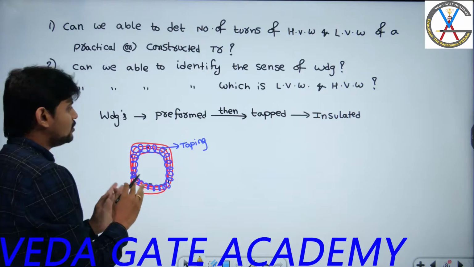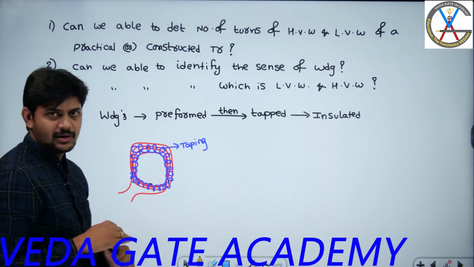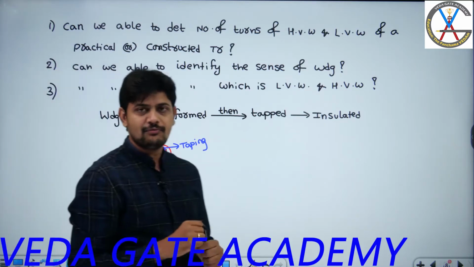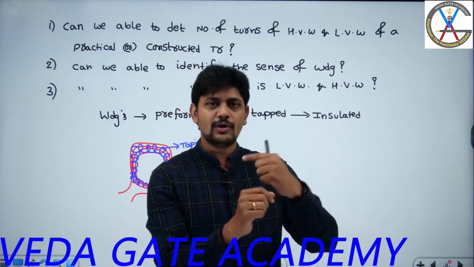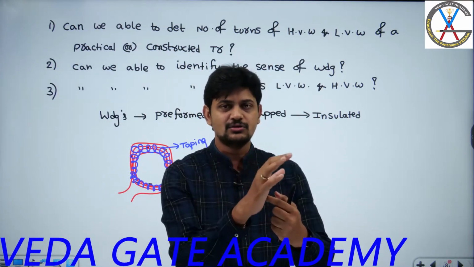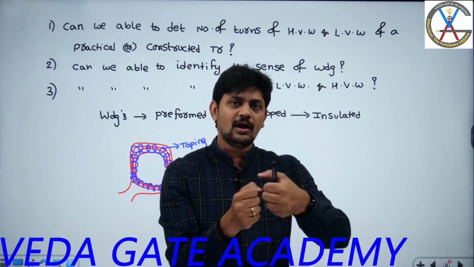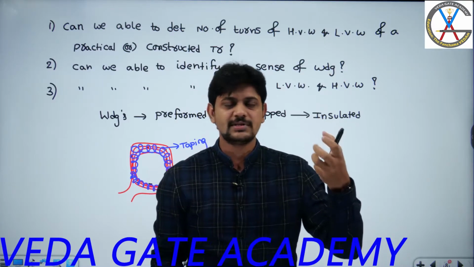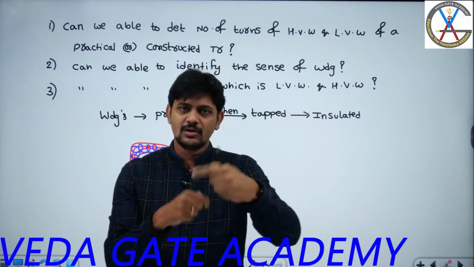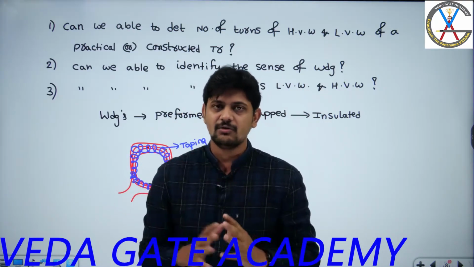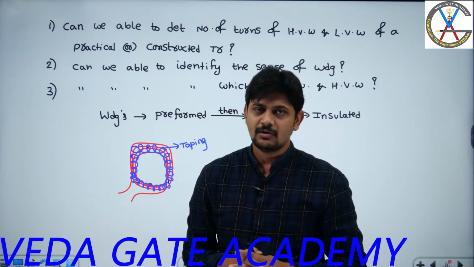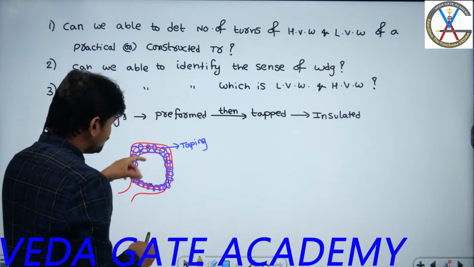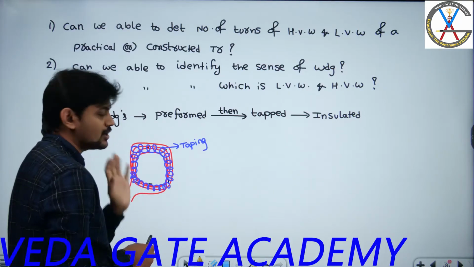So I am discussing a practical transformer, or the practical construction of a transformer. We take some reference structure on which the winding is going to be wound. That reference structure should be the same shape as the winding, and we will take that reference structure out and we will get a winding of some number of turns. After that, around that winding we will do the taping, as well as provide insulation. And around this space we are going to insert the core.